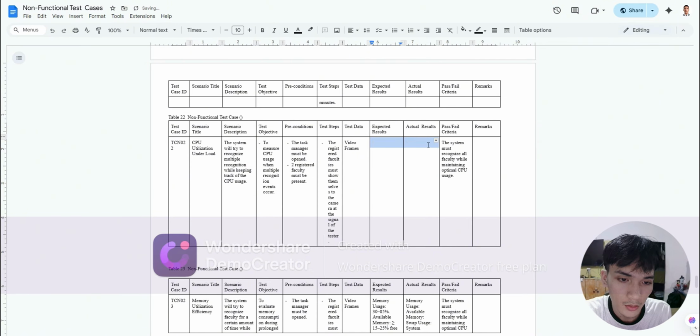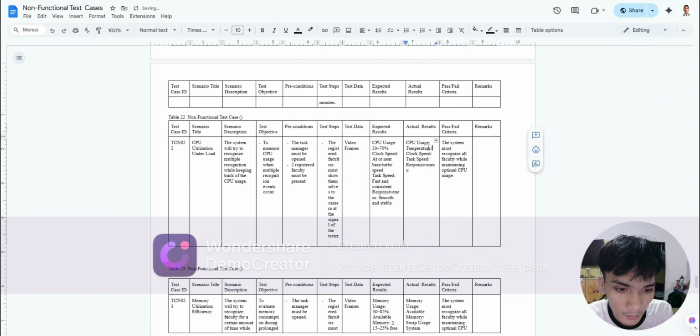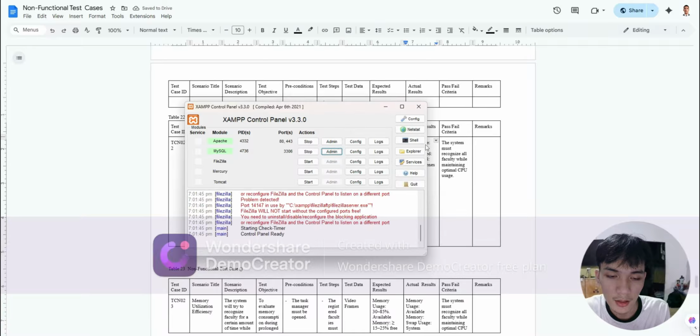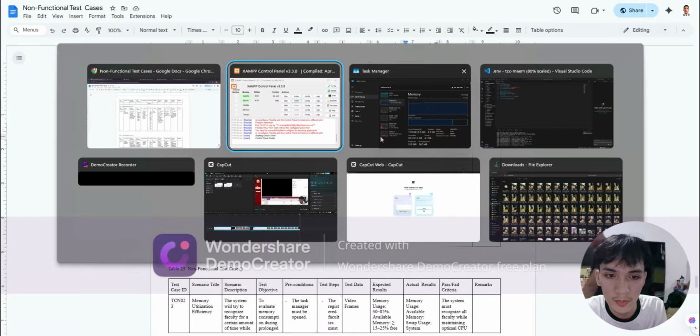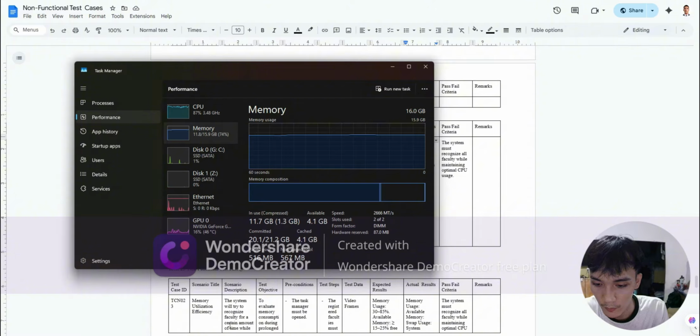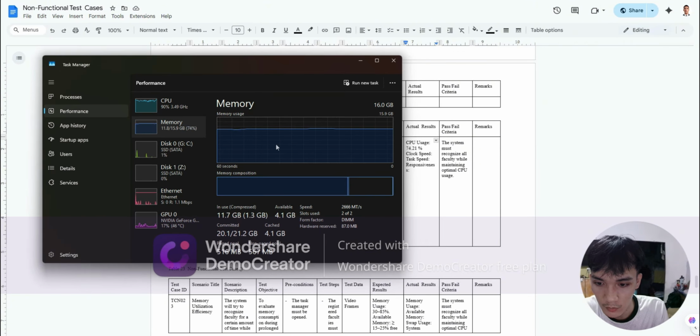Wala nang temperature. 21%. Yung clock speed naman niya is at or near base or turbo speed. So yung speed niya is 2666 MHz. So let's try to see if